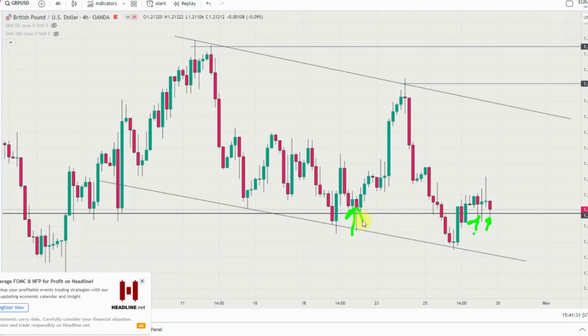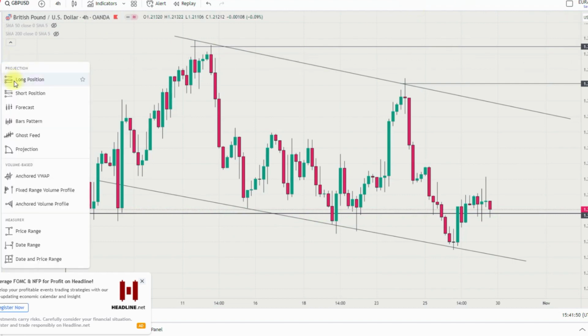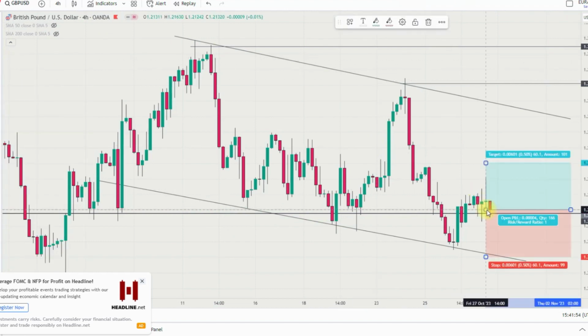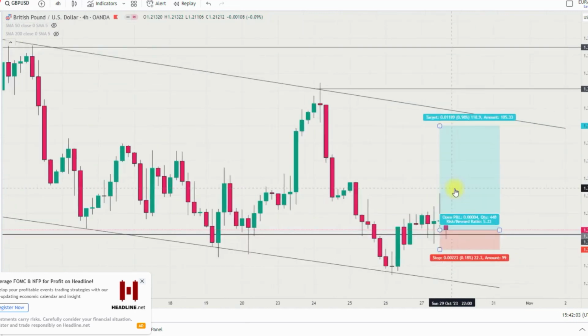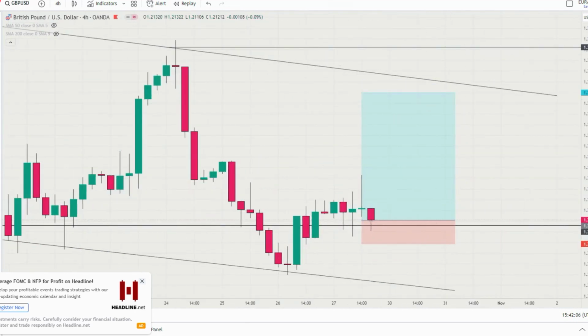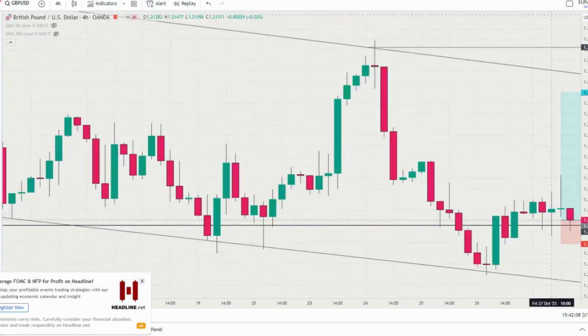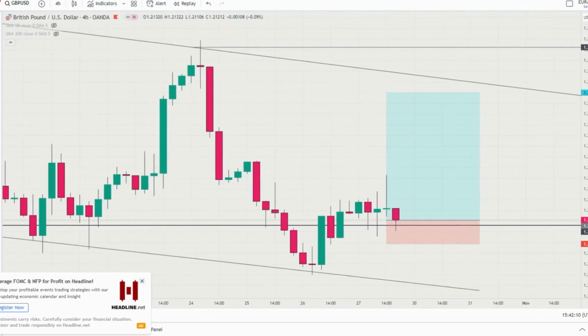So if that candle did not actually close below it, I will not be looking for a sell bias right there. So yeah, I'll be looking for a buy bias at 1.21159, and then my target is, let's see where the target will be. So right now my target might be this high, and then my stop loss might actually be below this candle,